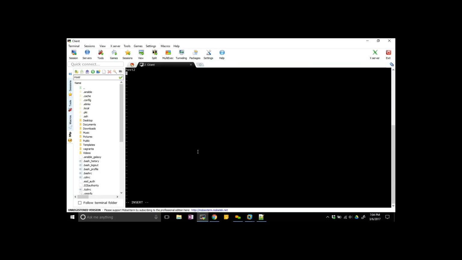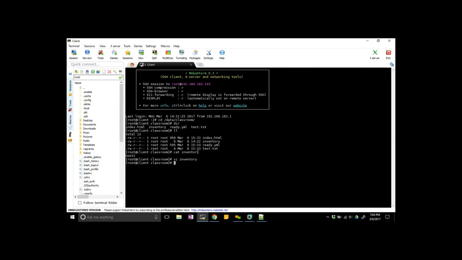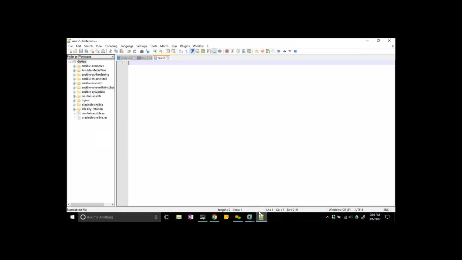You can also group them as web servers, or you can view the details. Suppose you have a web server and a DB server, you can name one host as a DB server and one host as a web server.